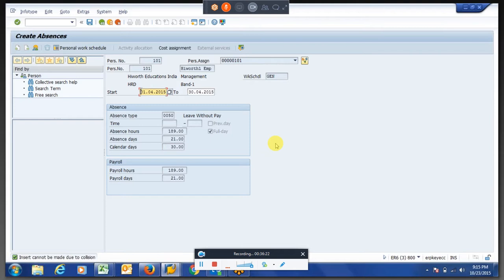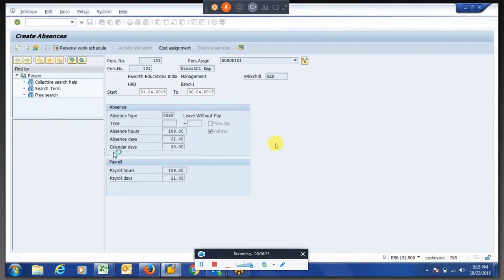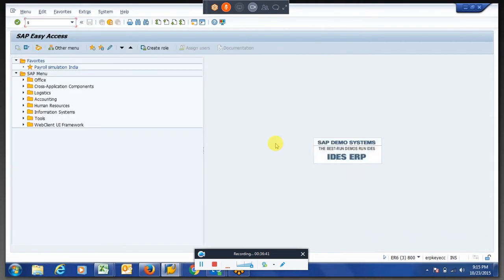It's a standard functionality given by SAP. The only thing you have to understand is what is infotype 3 and why it is changing the data. If you go deeper, you can understand. You have to work more on the characteristics of infotypes and all this stuff.